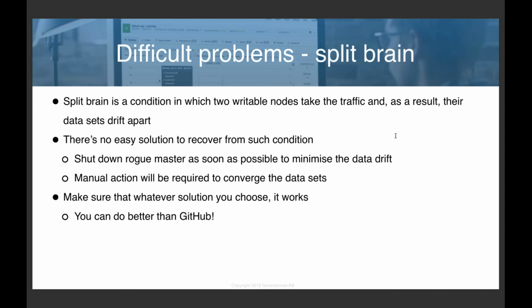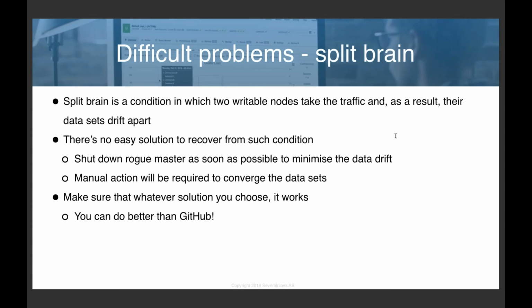Keep your fingers crossed that not that many transactions were written to it, and then you most likely have to manually converge the data sets. So whatever you do, make sure that your solution will work,